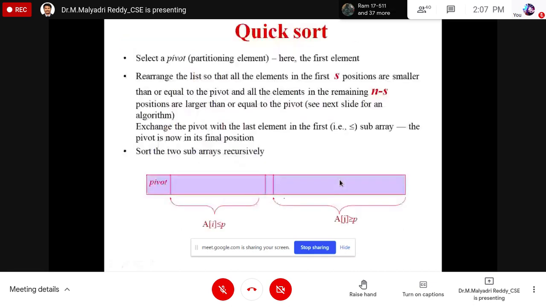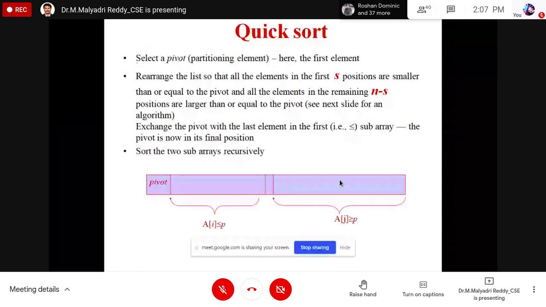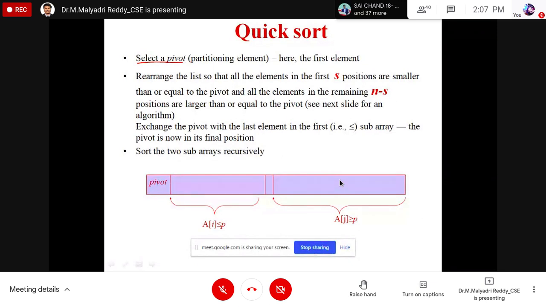Check this one. Generally the first step is selecting the pivot element or partitioning element. By using this element, the total array of elements is divided into two parts. Suppose the total array has n elements, and the first element is chosen as the pivot element. This is the partitioning element, pivot element or key element. From the total n elements, I have to place the elements less than the pivot element on the left side and greater than the pivot element on the right side.